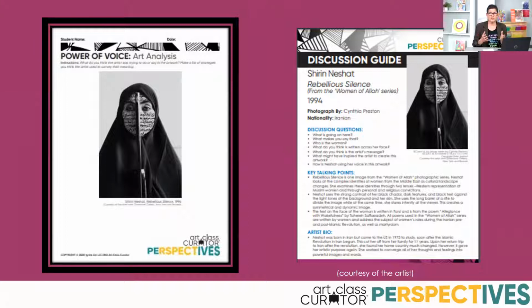In any way, shape, or form, if you feel like it is putting somebody in an uncomfortable position, if you feel like the art might have, there's no nudity ever in the art, so you don't have to worry about that. But some of the art in the perspectives might be a little controversial, might show a little bit of violence because of the history of the piece of art. Nothing gruesome that is any worse than a video game out there or anything like that.